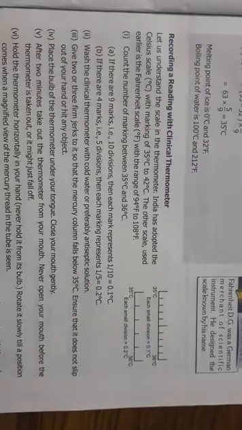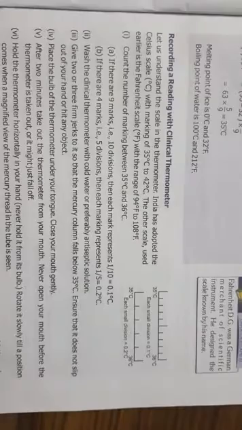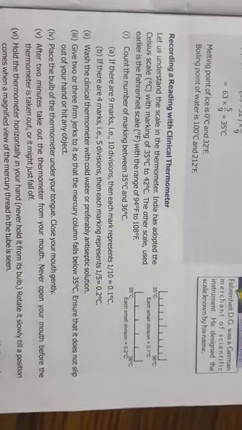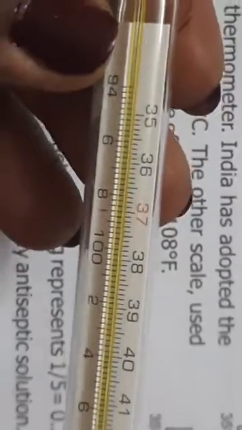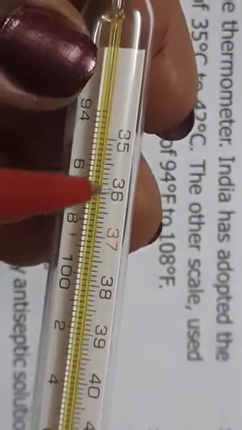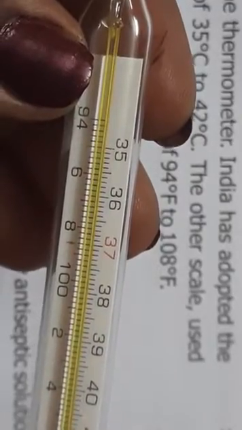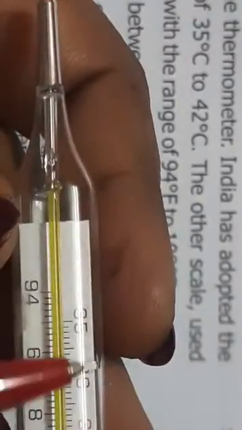I hope, children, that you all know how to record a temperature using a clinical thermometer. See, first you all know that there are marks between 35 degrees. You can see here there are marks. If you see it closely, how many marks are there? Between 35 degrees Celsius and 36 degrees Celsius, there are 10 scales. Just like a scale, there are 9 marks, or you can say a total of 10. That is, each mark represents 1 by 10, or 0.1 degree Celsius.